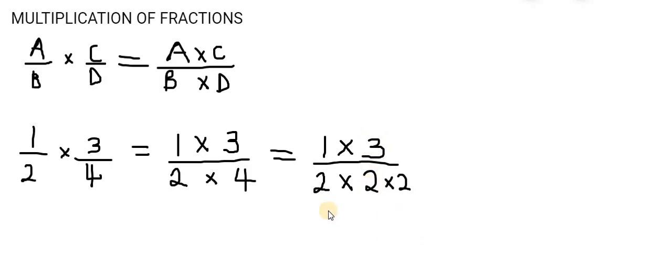to cancel out. So, I can just complete this multiplication here. 1 times 3 is 3, and 2 times 4 is 8. Okay, or you can go with this, 2 times 2, 4, 4 times 2, 8. Okay, another example is 2 over 3